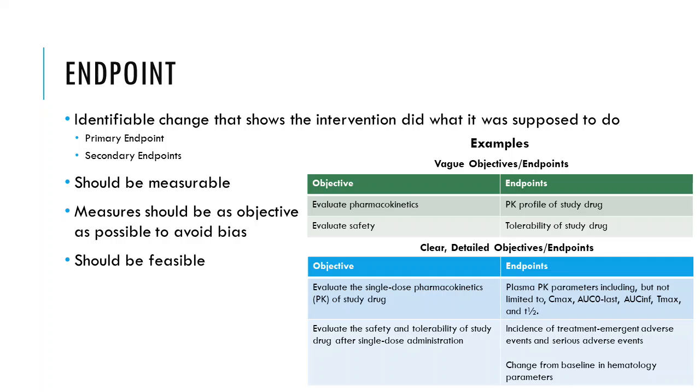Endpoints. So another area that we really struggle with sometimes are endpoints. So our endpoints are identifiable changes that show the intervention did what it's supposed to do. So we want to have primary endpoints and secondary endpoints. These should be measurable, should be objective, and should be feasible. So I've provided a couple of examples over here for some rather vague objective endpoints and then some clear detailed